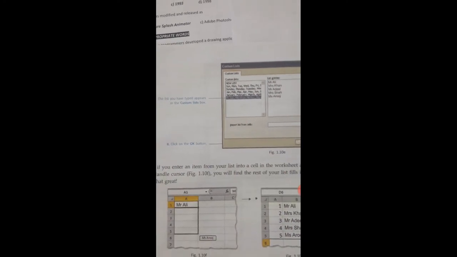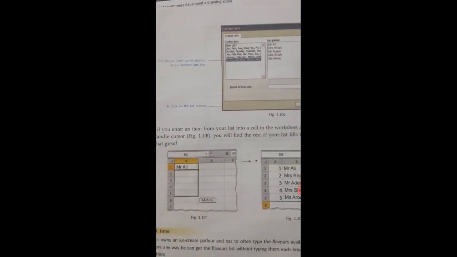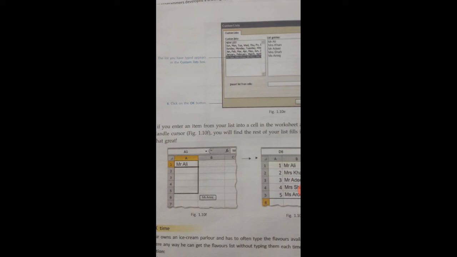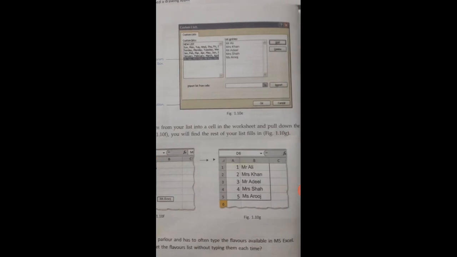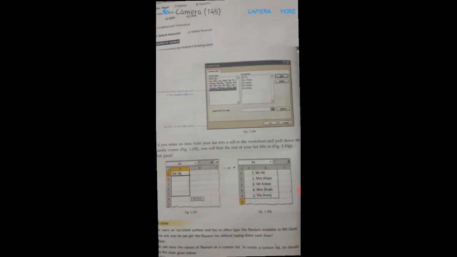देन आप इस कस्टम लिस्ट को आप यूज़ कर सकते हैं अपनी एक्सेल शीट के अंदर। देखें फिगर 1.10। 1.10 में जैसे आप मिस्टर अली लिखेंगे, देन आप ब्लैक स्केयर को सेलेक्ट करने के बाद उसको ड्रैग करते हुए नीचे ले आएंगे तो वो ऑटोमेटिकली वही कस्टम लिस्ट जो आपने क्रिएट की थी वो ऑटोमेटिकली यहाँ पे फिल कर देगा। तो ये था स्टूडेंट्स कस्टम लिस्ट। Now there are 2 click times you will have to practice at home,